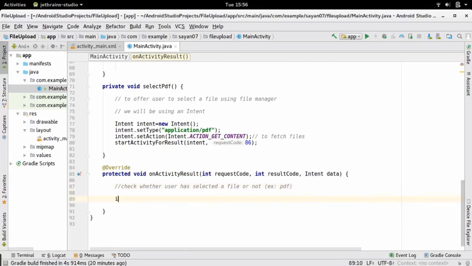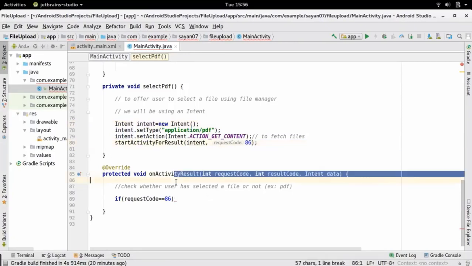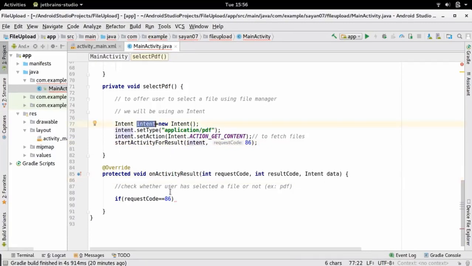First we will check, in the same way, whether the request code is 86. This method is actually getting invoked using this intent, and this intent is using a request code of 86. So we are going to use this 86 to check whether this method is actually getting invoked by this intent or not. I hope it is clear.